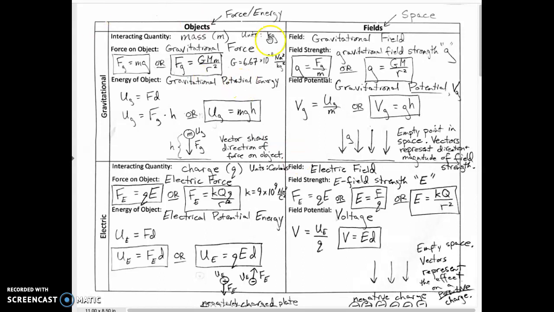Okay, I also want to mention units. Mass units are kilograms, charge units are coulombs. And the other thing is the force in gravity is always going to be in the direction of the gravitational field. See that? But for electric fields, if the field is down, that's just the direction of force on a positive charge. So positive would have a force down, but a negative charge would have a force up in that same electric field.